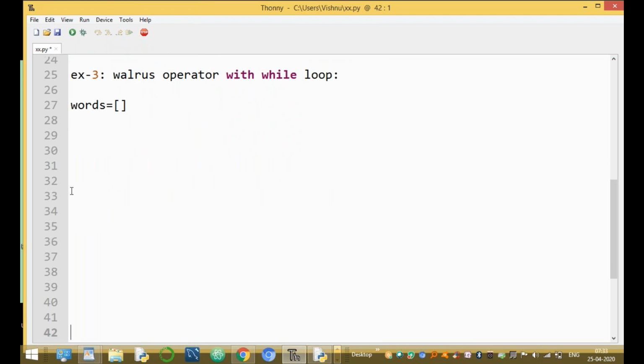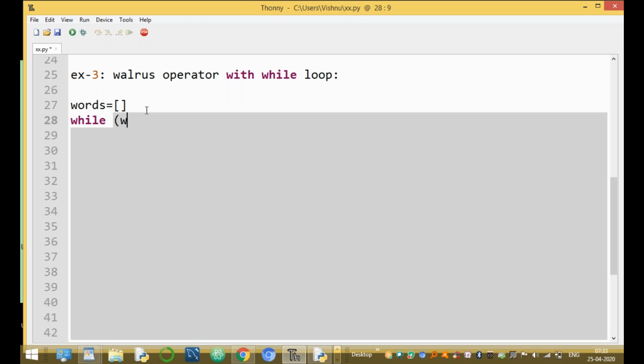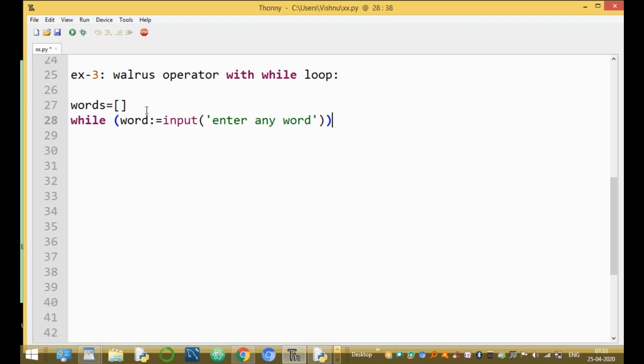words equal to an empty list. Now while (word := input('Enter any word')) is not equal to quit and colon.